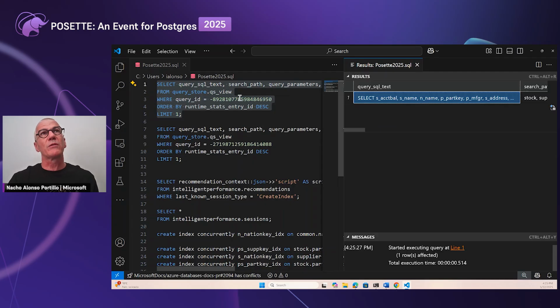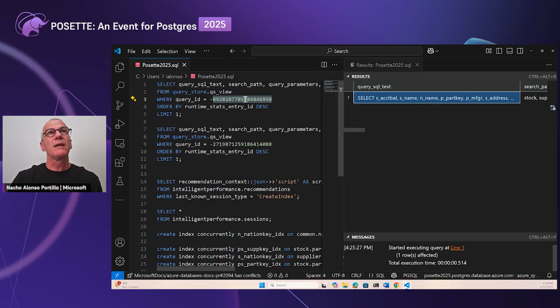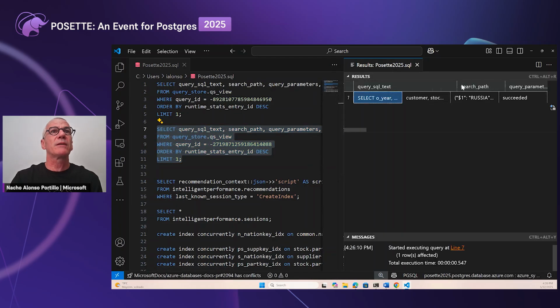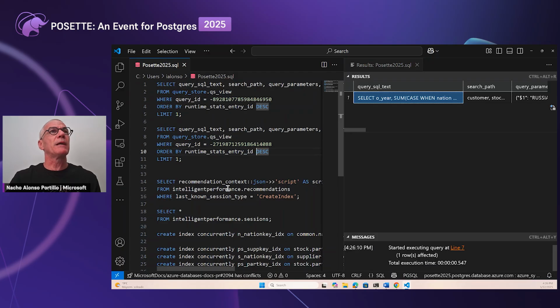Otherwise, from the portal or from CLI, the only thing you get is the query ID, which to correlate to the query text, you need to be able to connect it with the database. So you can do that for the different query IDs that we retrieved from portal or CLI to identify which queries are those. And there's also a schema in the Azure database, which is called intelligent performance and has